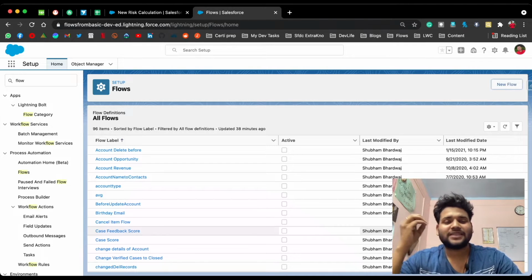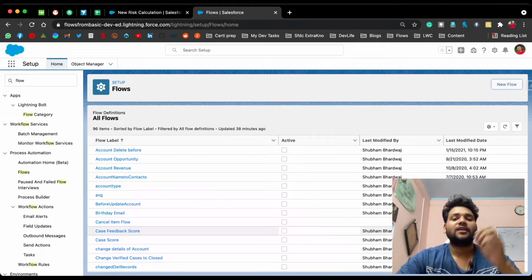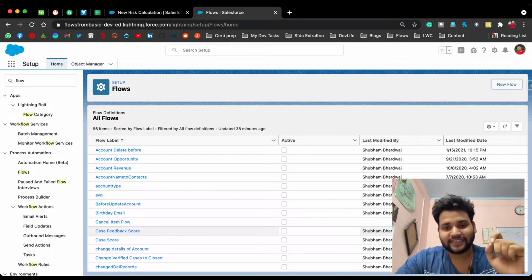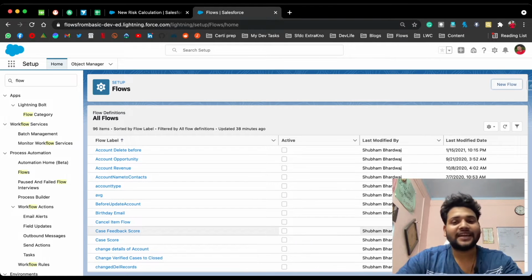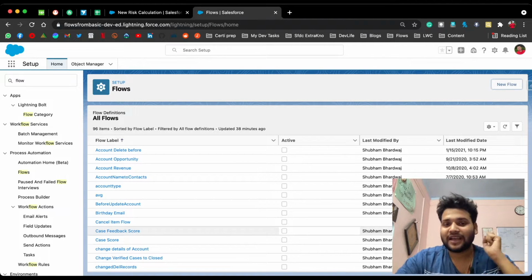Basically, in 2019 I created a flow scenario where whenever a custom record is created, we need to create an account and contact. Back in 2019, I had to create this scenario with the help of Process Builder and Salesforce Flow. But now, as we know, Salesforce Flows is getting stronger with every release, so we can do that scenario with only Salesforce Flows.